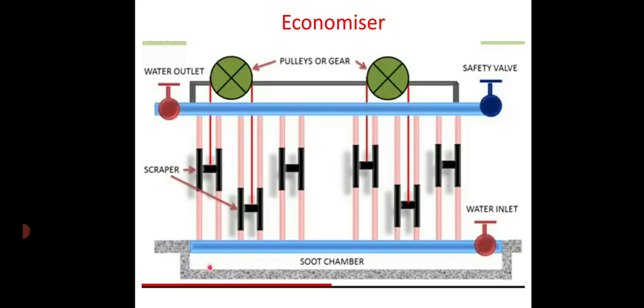Now, the advantages of using an economizer. First advantage, about 15 to 20 percent of fuel is saved by using the economizer. It increases the steam raising capacity of the boiler. It prevents the formation of scale in the tube. Since the feed water entering the boiler is hot, strains due to unequal expansion are minimized.